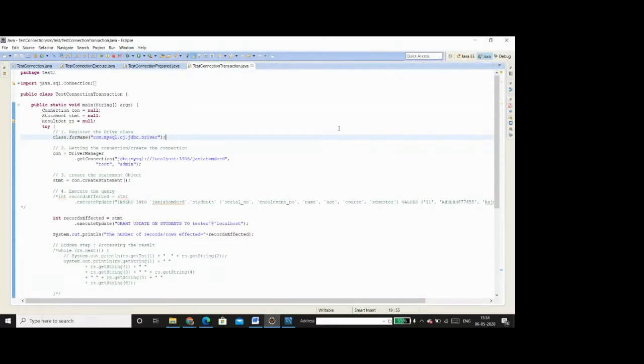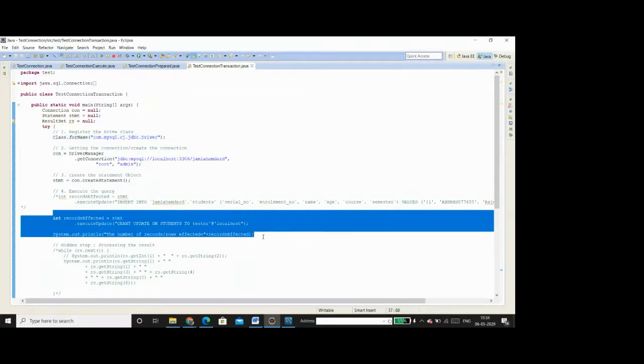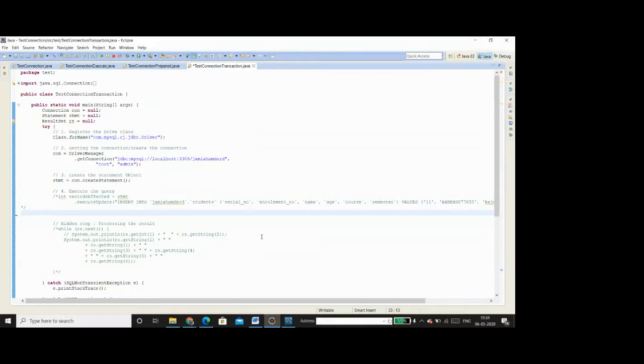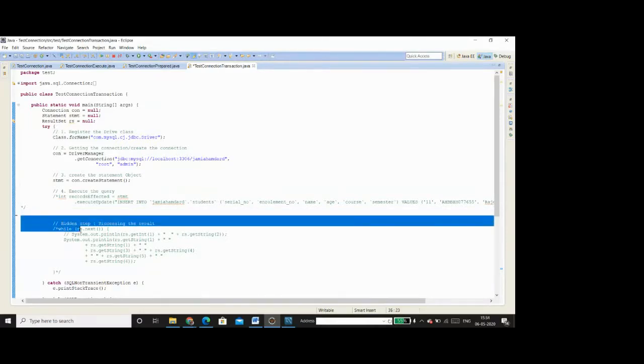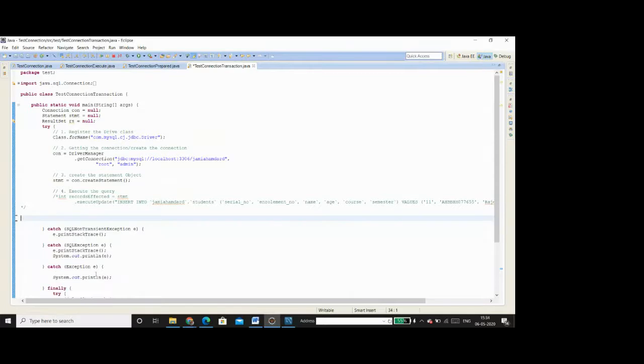So assume this is a class. I've given it the name test connection transaction, and as usual, it has got some of the statements. Let me just get rid of the older ones. Like for example, I do not want this thing and this.